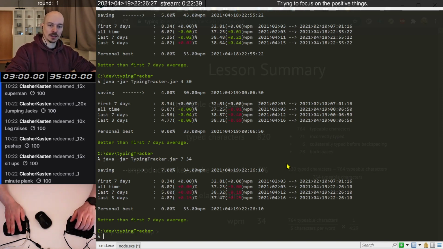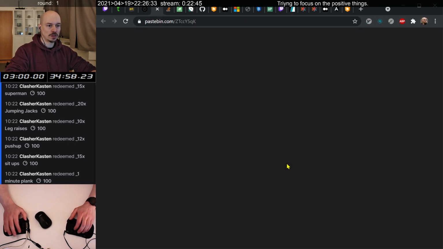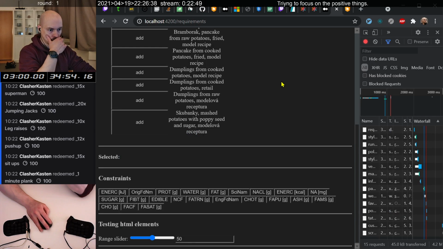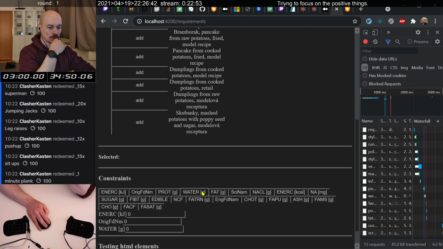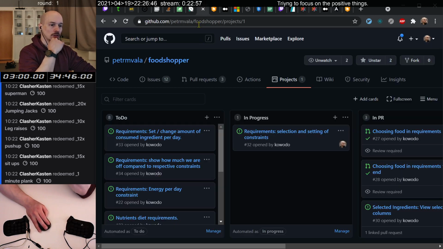Okay. So this concludes the typing session, and we are doing selection of the constraints. We do have a setting of constraints. Okay, so